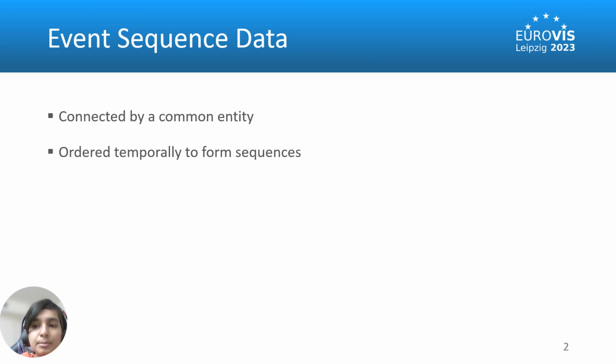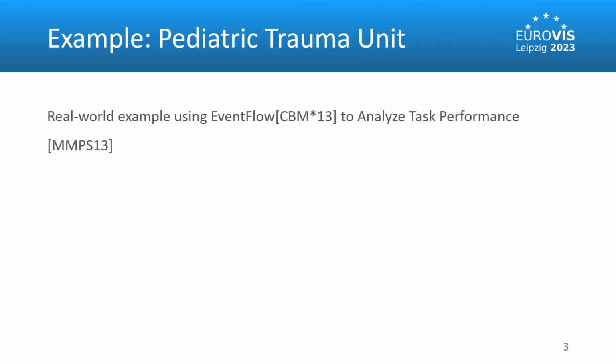They are ordered temporally to form sequences. They contain categorical event information along with temporal data. Event sequence data is found in many application domains. For instance, electronic health records often contain event sequence data. Here is an example of such event sequence data, where an event sequence summarization technique, EventFlow, is used for task